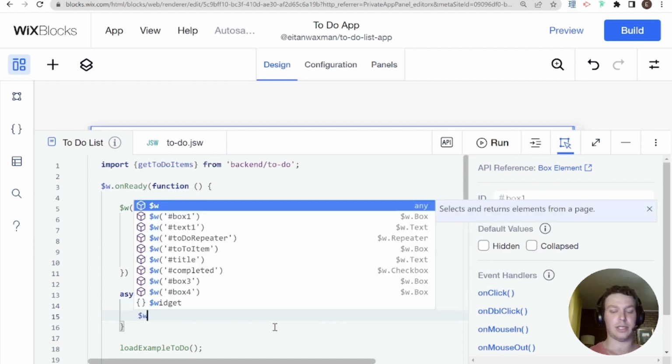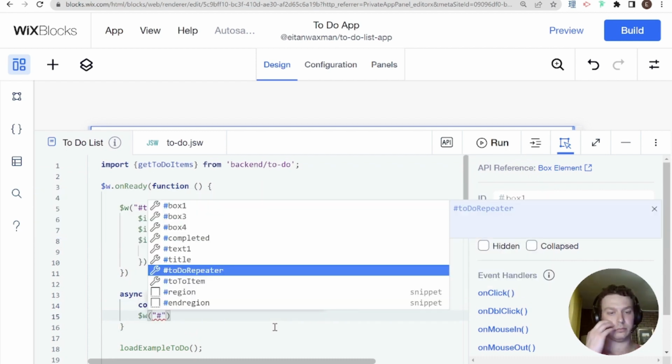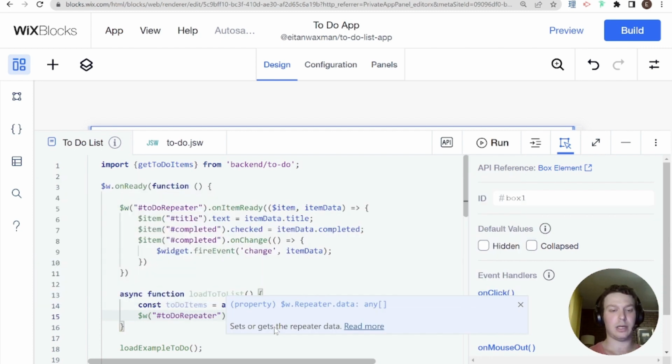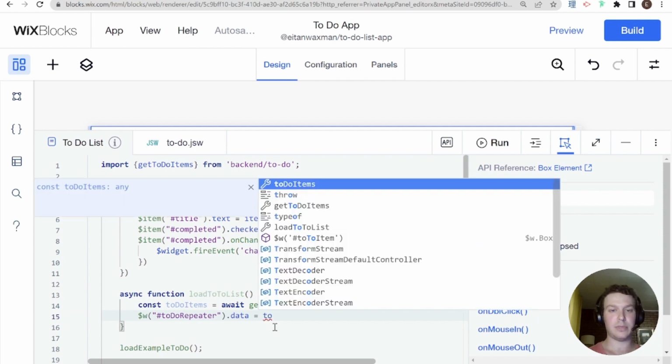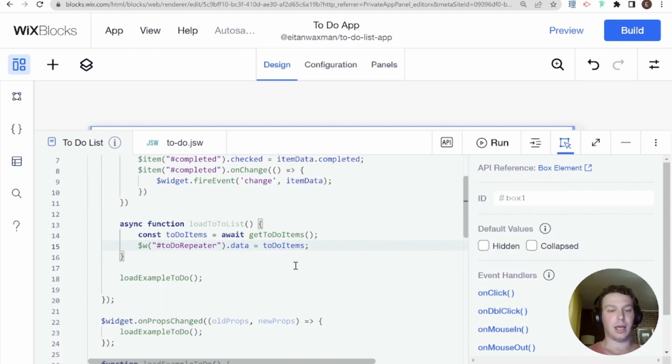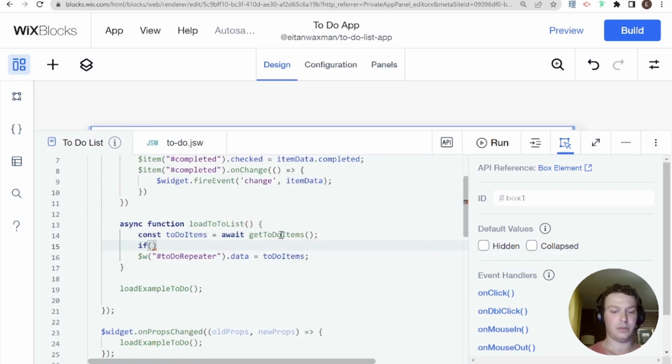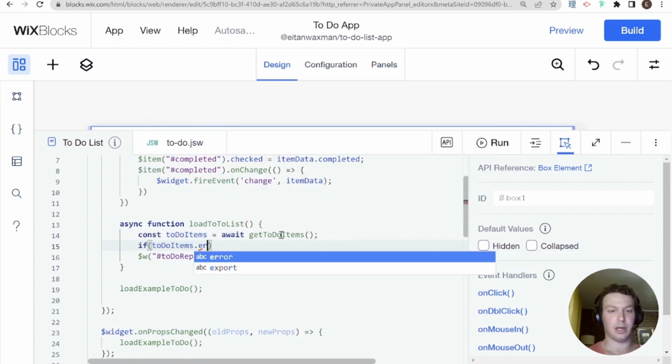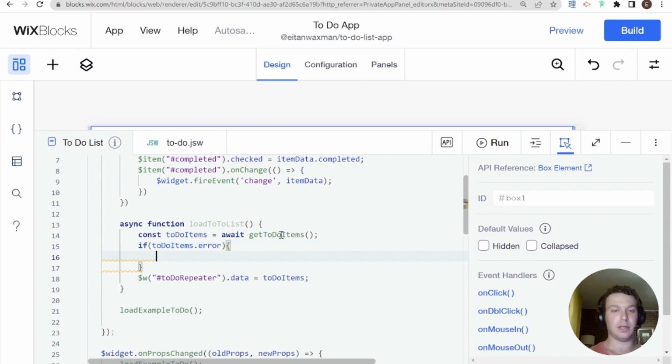And then we're going to assign that to the repeater. toDoRepeater.data equals toDoItems if there's no error. Okay, if toDoItems.error, then what we're going to do is we are going